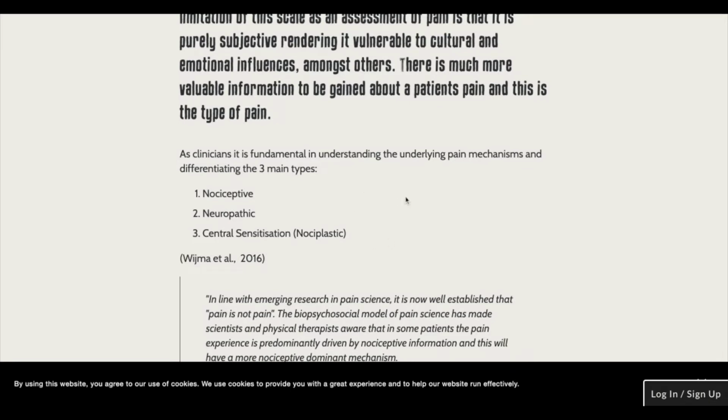There is a 1% likelihood of someone having a red flag. We don't want to miss that. So we put into your notes last time how we would have an index of suspicion of questions. Use my article if that helps streamline that for you. Have those questions in front of you to ask. And so we've got nociceptive as the tissue-based mechanism, neuropathic, which is the nerve root.